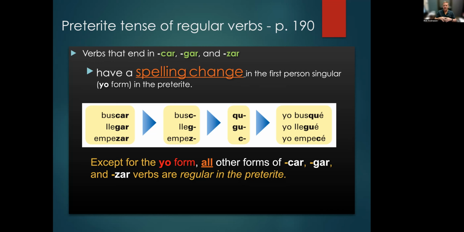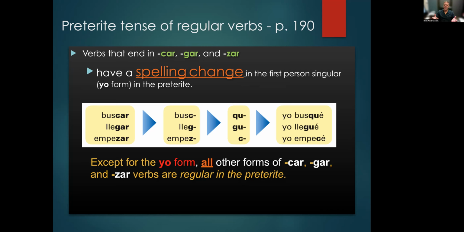In llegar, to arrive, lleg is the root. If we add an E with an accent to the end, it would be pronounced "llejé" because G before an E has a soft sound. So in order to keep it from doing that, we're going to add that silent U after the G. So it's still pronounced llegué, which is what you would think it would be, but to make it do that, we're going to spell it differently. So the pronunciation is very, very normal. It's very regular, but we have to make some spelling changes to make that happen.